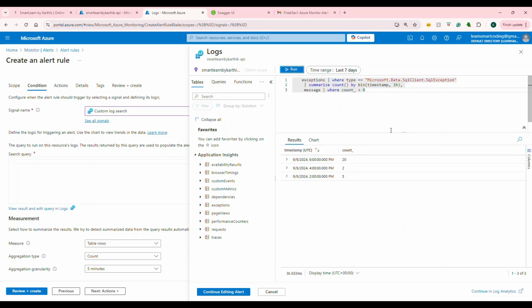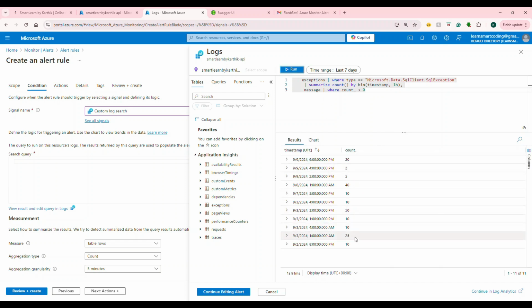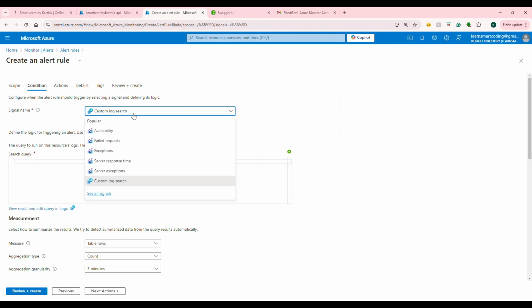If I change it to the last 7 days and run it, it will give me a different result. You see these kinds of exceptions I have. This is just a query. Basically, all you have to understand is that based on what you choose here, it will come. So for a customized one, custom log search is the best option, where you can write queries to customize the alert that you want. But let's say I'm going for